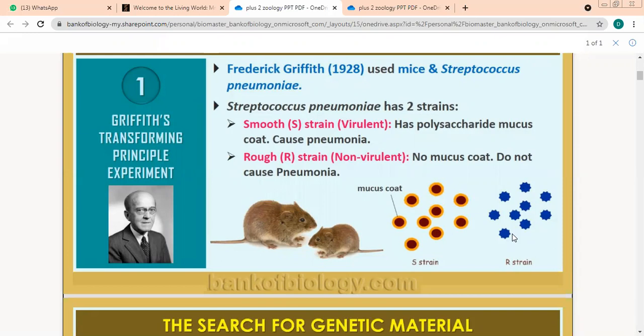The first experiment was done by Frederick Griffith. What was the year? 1928. He did his experiments with mice and which microorganism? Streptococcus pneumoniae. This causes pneumonia. How many strains are there of Streptococcus? Two. The S strain is called smooth strain because it has a coating of